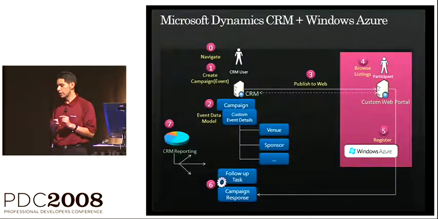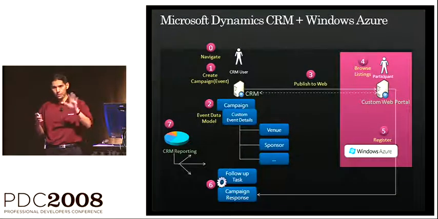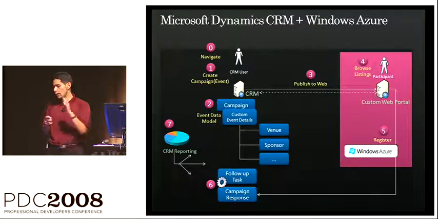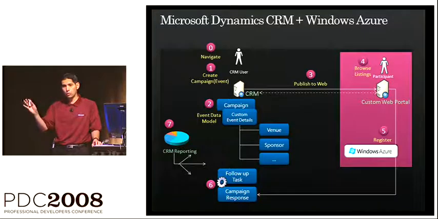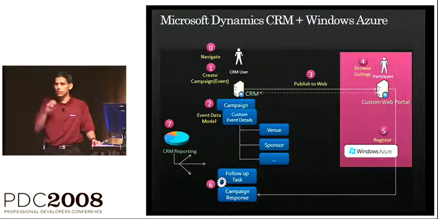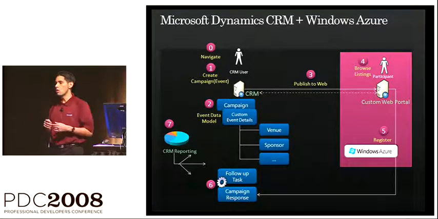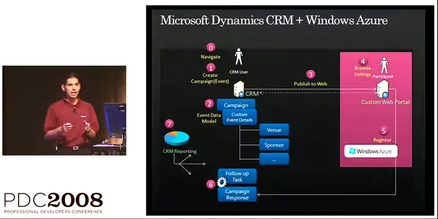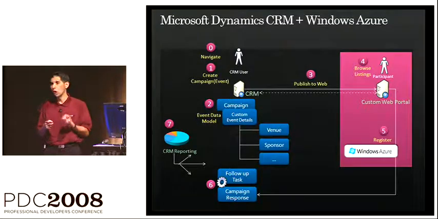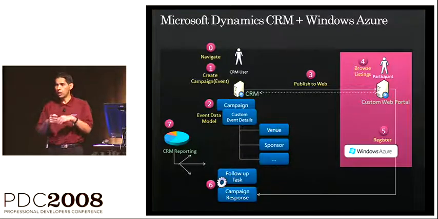So what I'm going to be doing here is, you remember the previous scenario, event management. You notice that we have the custom web portal, but that custom web portal was running locally. So what I'm going to be doing now is running that on Windows Azure. And I'm going to show you the development fabric, how all those things come together. And the main point here is that it is fundamentally the same code. So you're going to need the same set of skills, and you can take advantage of all the things that